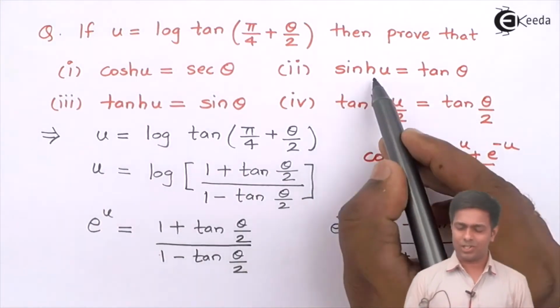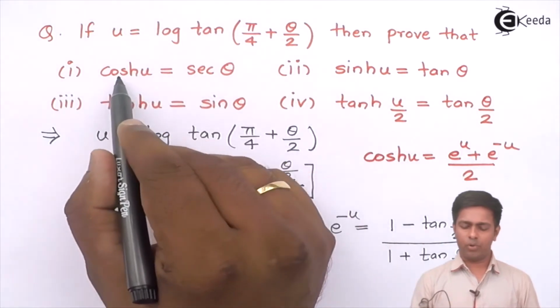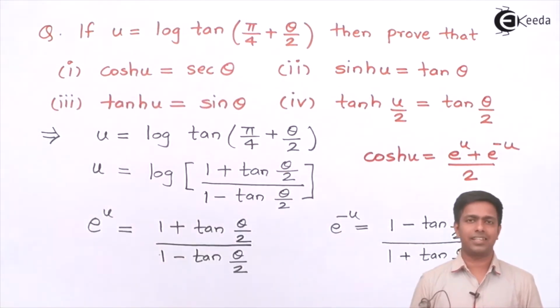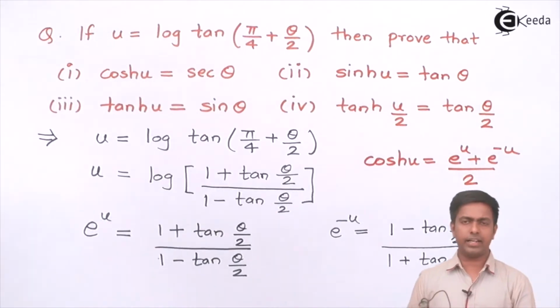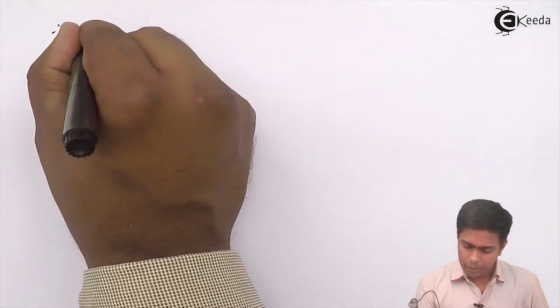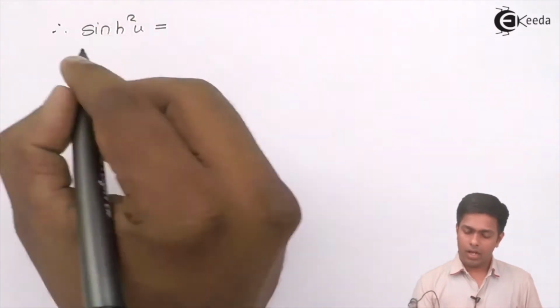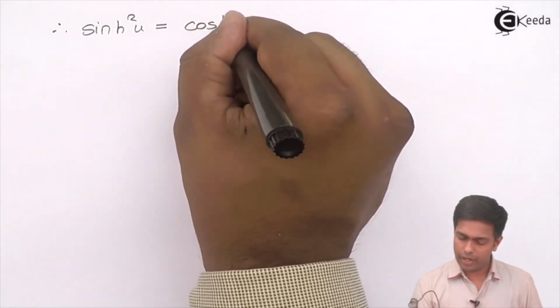Because if we succeed in representing this hyperbolic sine square u in terms of hyperbolic cos square u, then we can directly put hyperbolic cos square u as sec theta. So let's use that identity. Therefore, the formula of hyperbolic sine square u is hyperbolic cos square u